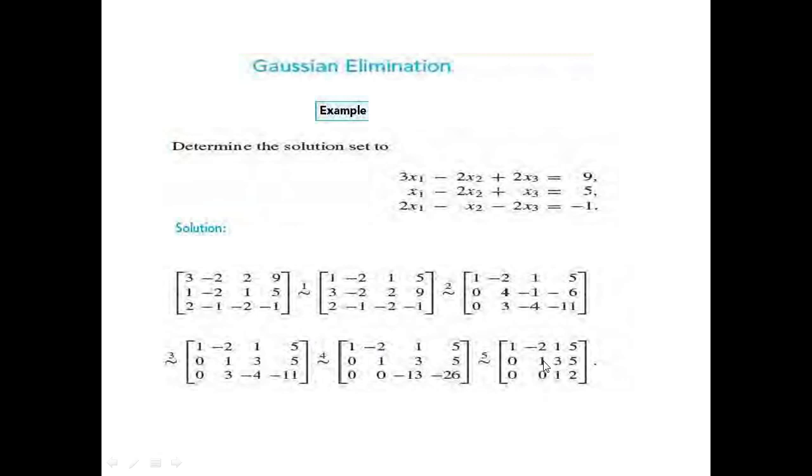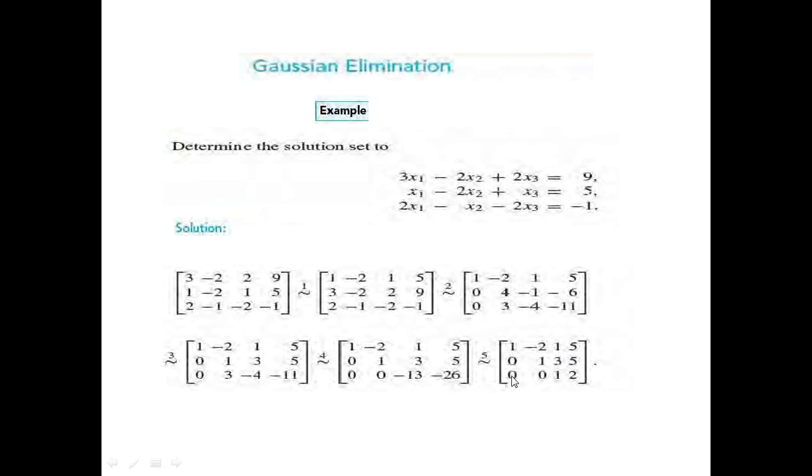So now we have this position 1, 0, 3 minus. In order to convert that minus 13 into a leading one, we multiply it by minus 1 upon 13. So if you multiply the third row by minus 1 upon 13, we'll have 0, 0, 1, 2, right? So that matrix, since it's satisfying all conditions of reduced echelon form, you may say that is REF,